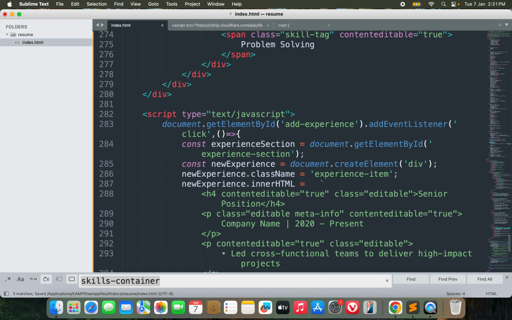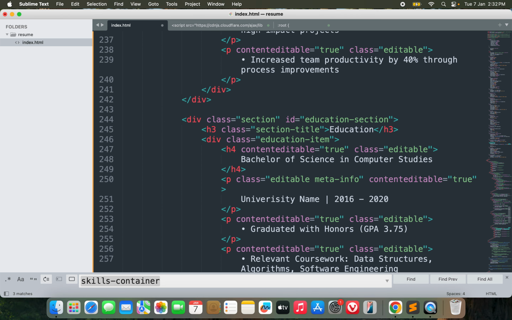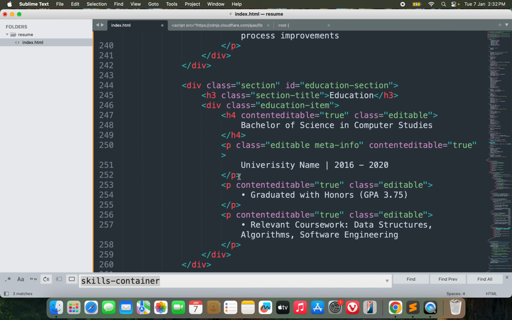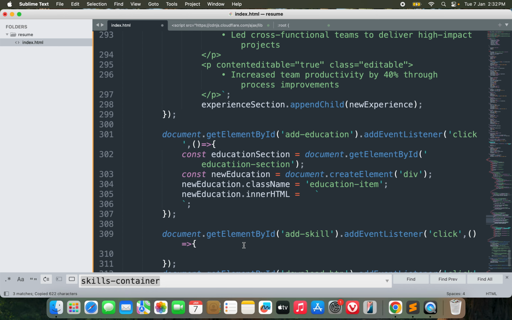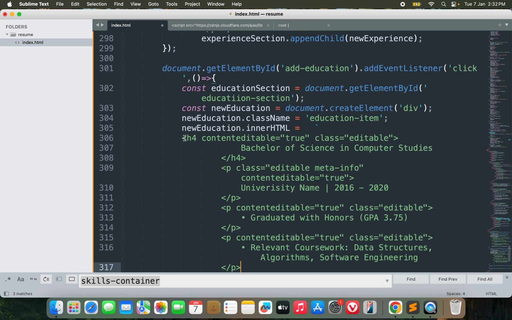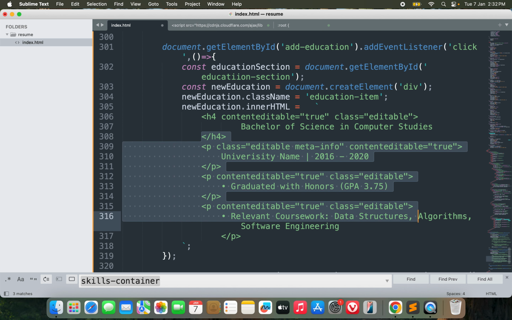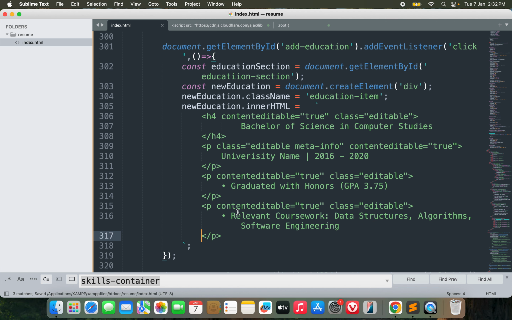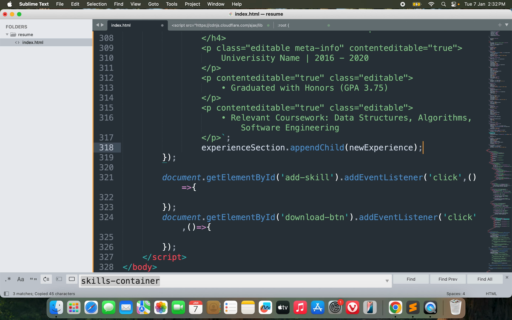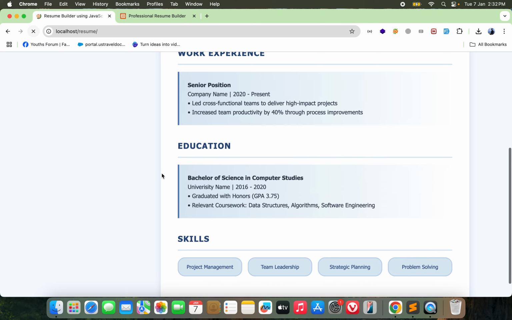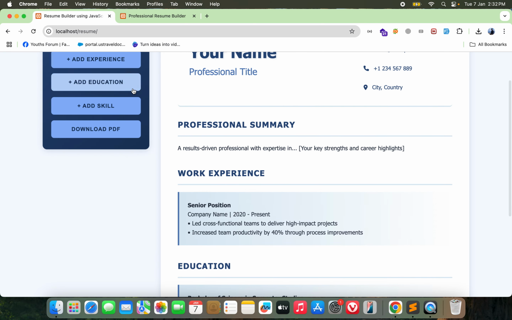And for the education item, I'll be copying the HTML from the education part. So it's gonna be this thing. Yeah, this is good. Okay, so after I'm ready with this section, I'm gonna append it to the education section. Education section dot append child new education. Let's see for the education thing. There's one education. If I add more,